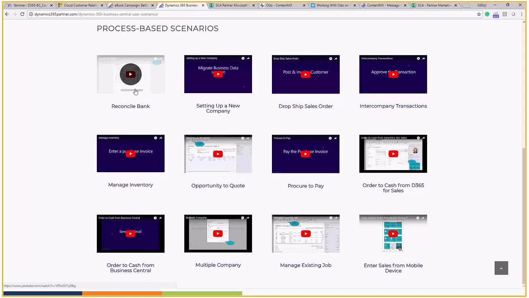Then you may be able to go into the demo environments, or maybe even provision a trial for the customer to help them speed that decision making. There's a lot going on here. We want you guys to be successful. Let us know how we can help.